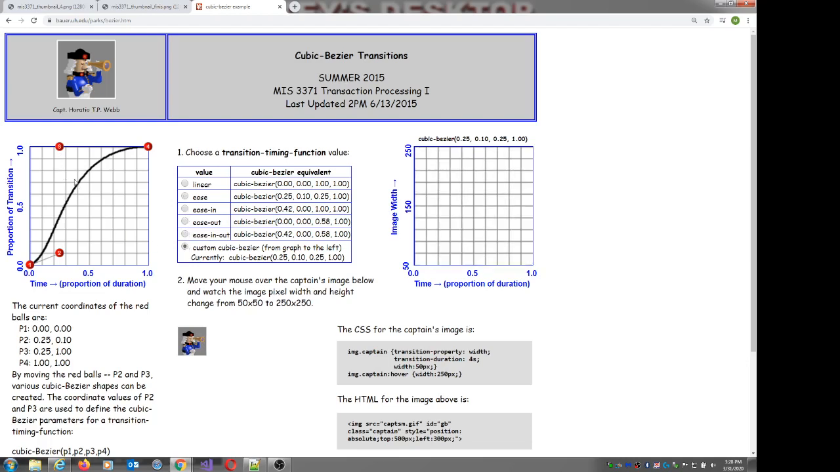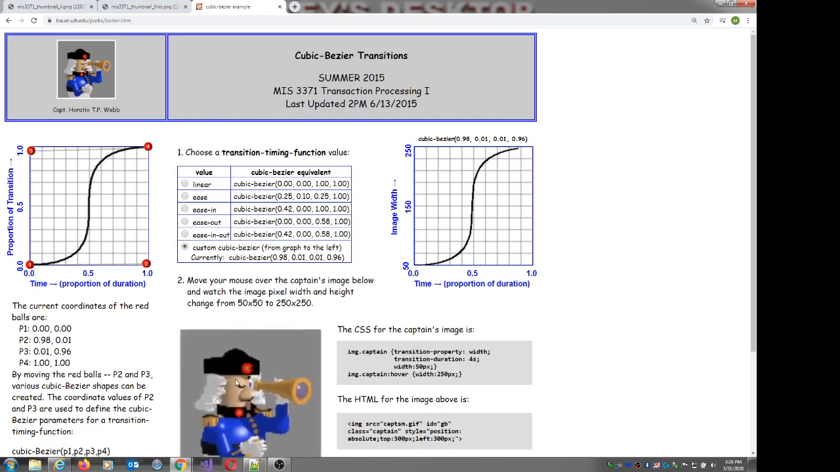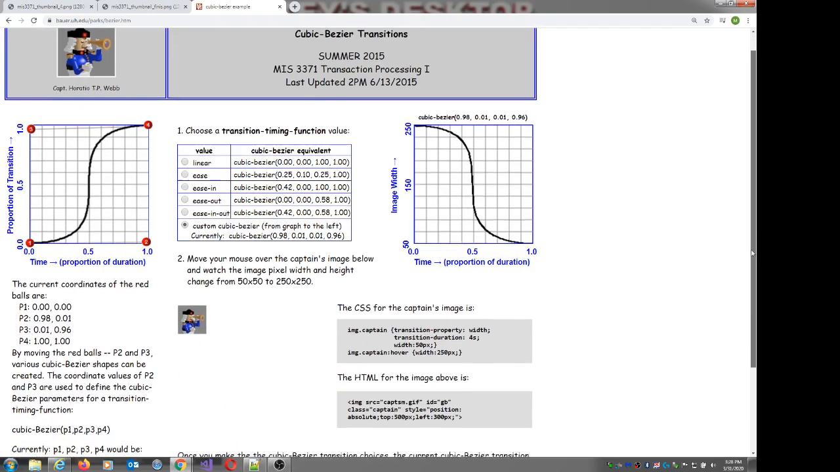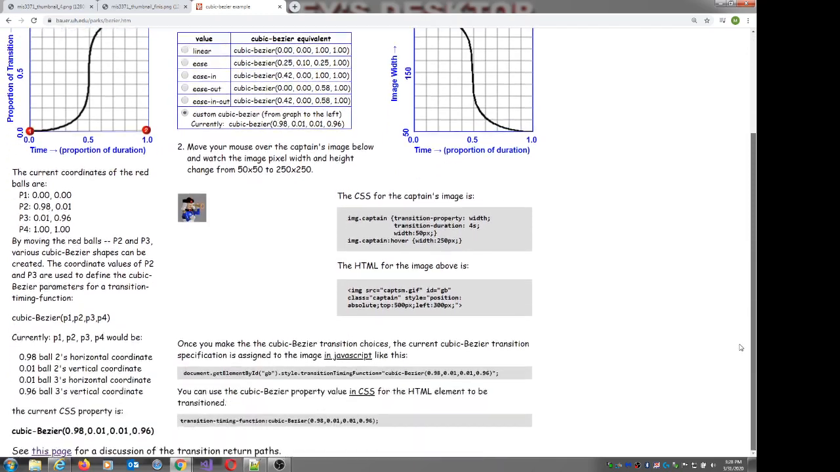Custom. Let's make it do this. Put this one over here and put this one right here. Okay, so now watch, it's going to go really quick in the middle. Boom, and slow down at the end. Back. Really quick in the middle, slows down at the end. Okay, so